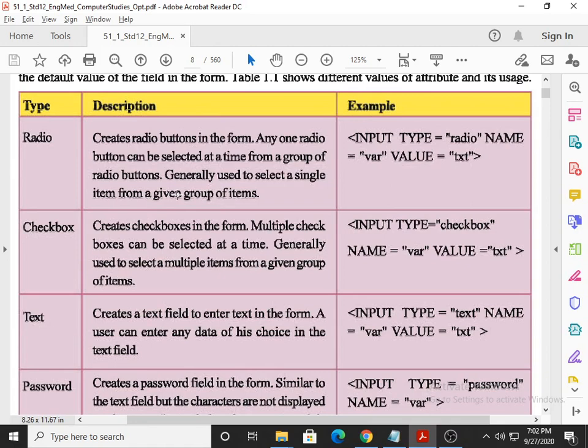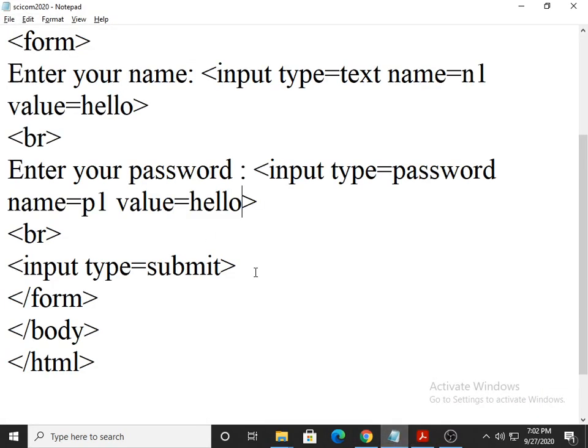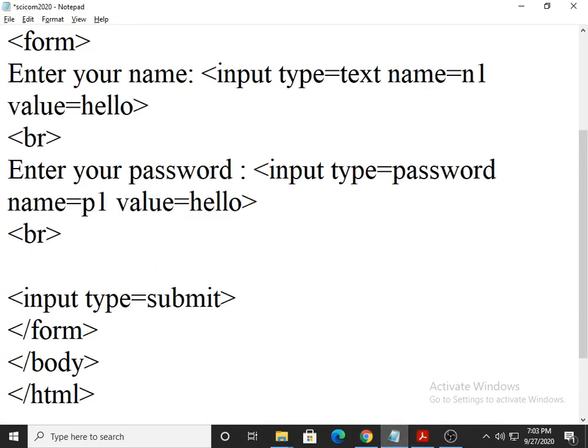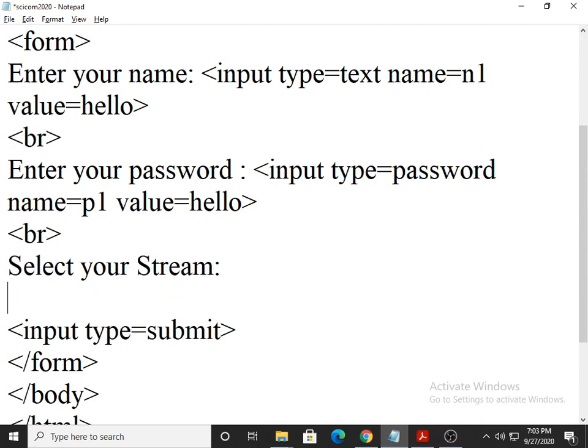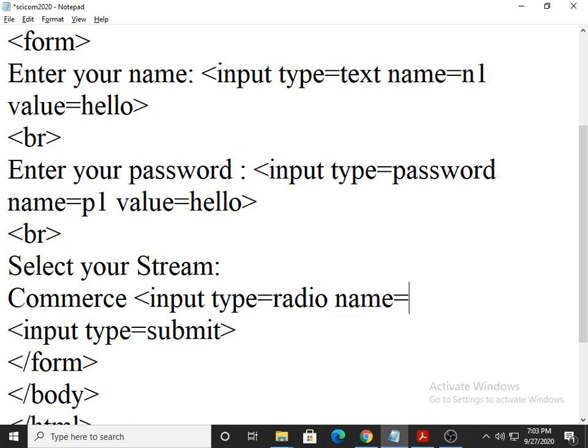Let's prepare practically. For example, I am preparing here the choice: select your stream. Then I mention commerce, input type is equal to radio, name is equal to R, value is equal to 1.